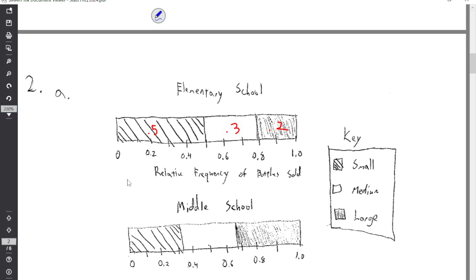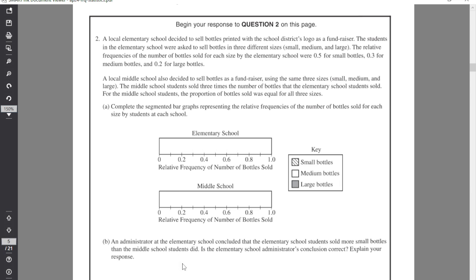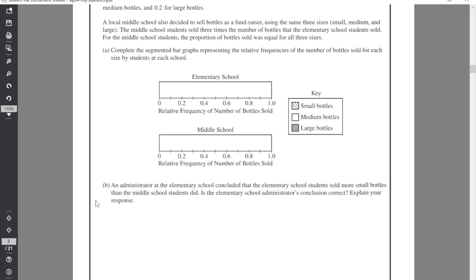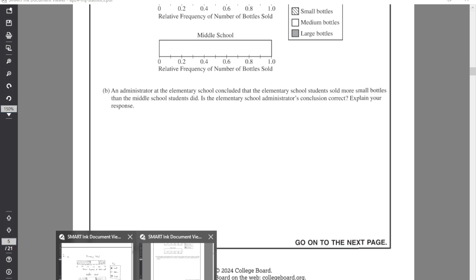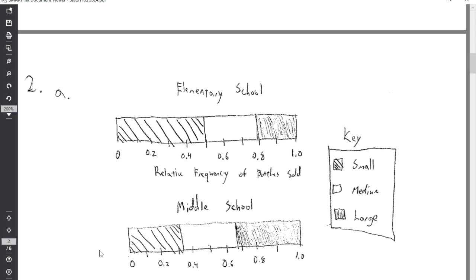And then the same, it said that the middle school was the same throughout. So a third, a third, a third in each of those. So your bars should have been roughly equal in length. Then in part B, it says the elementary school thinks that they sold more small bottles than the middle school did. Well, based on this chart, you might think, well, that small sure looks like a bigger slice than the middle school, but that is misleading